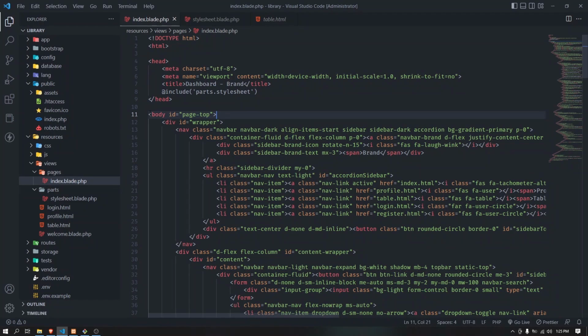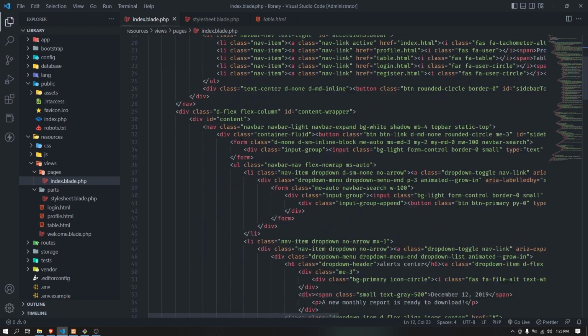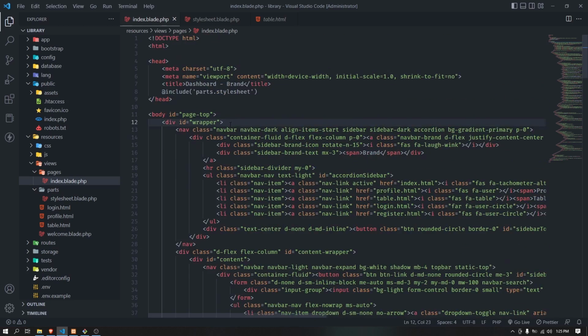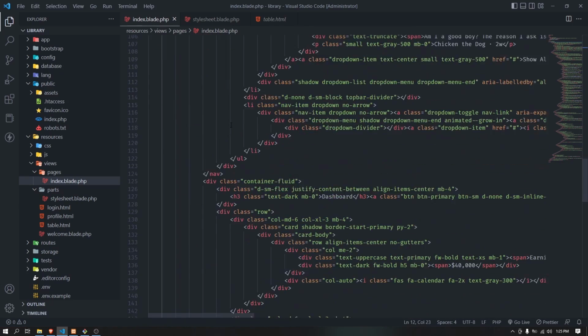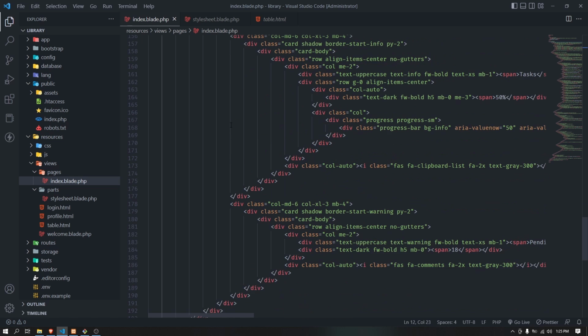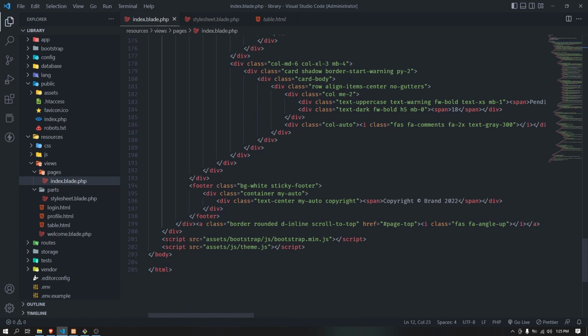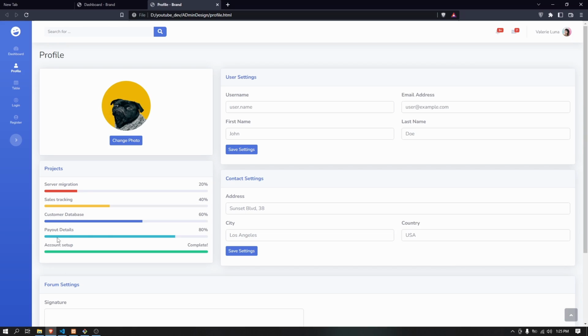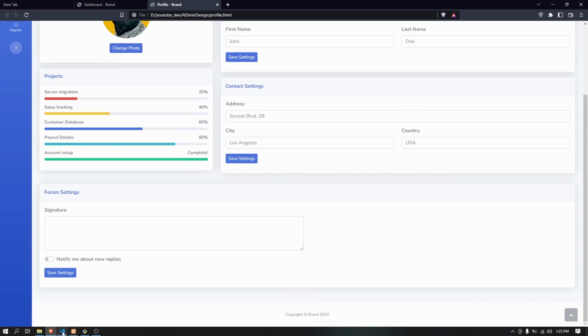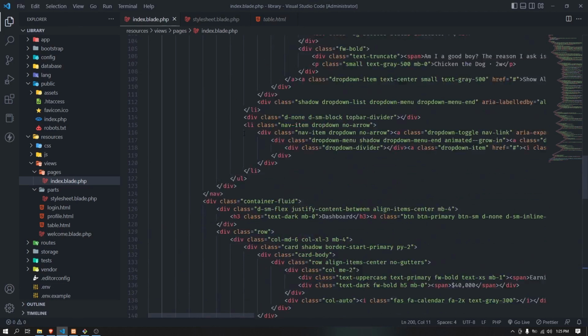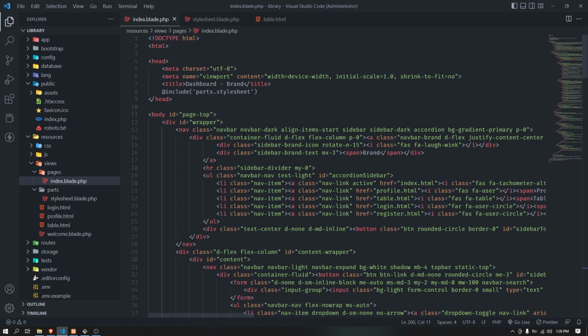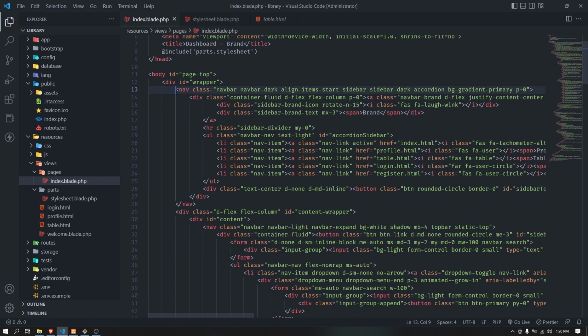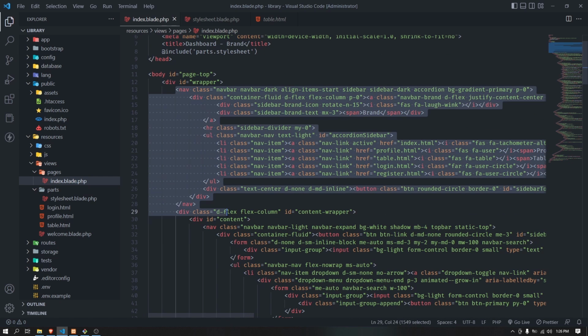So you can extract the navbar from the body, which is fine. But let's see, this wrapper. Okay, so this wrapper is for the whole thing from here to here. So that means we can extract it, just the navbar right here,